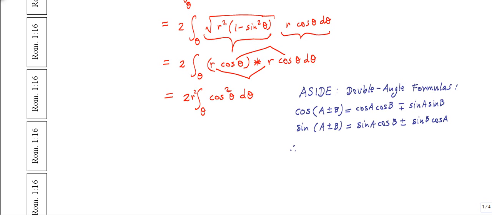So therefore cos of theta plus theta, which you will recognize is of course cos of double angle 2 theta,